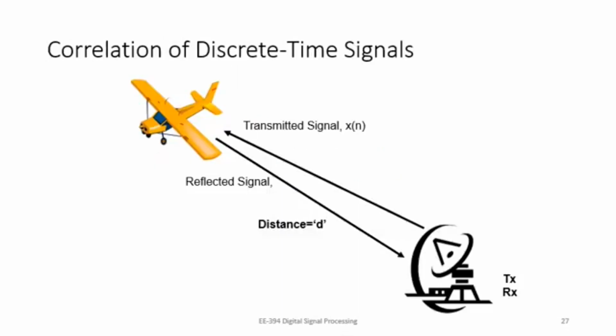Now this is an application of correlation. This is a radar which basically is used to find out distance to a